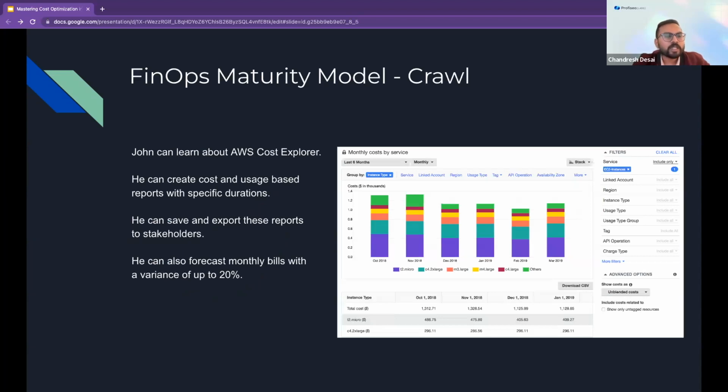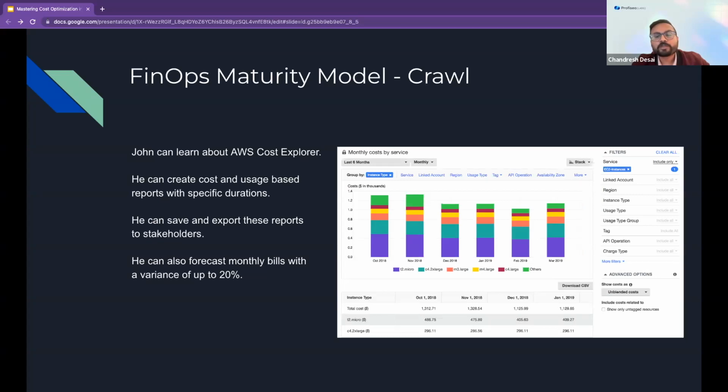So in the FinOps maturity model, the crawl model is the first, initial maturity level. In this crawl model, John can learn about AWS Cost Explorer, and he can also create a cost and usage report for a specific duration.